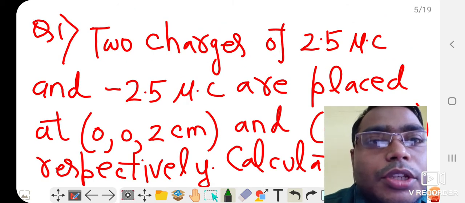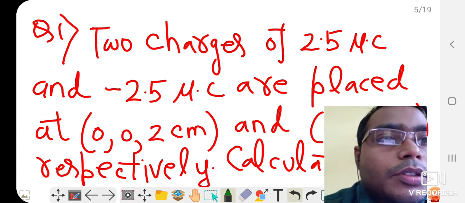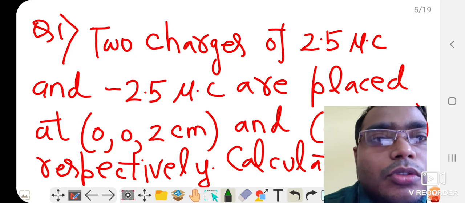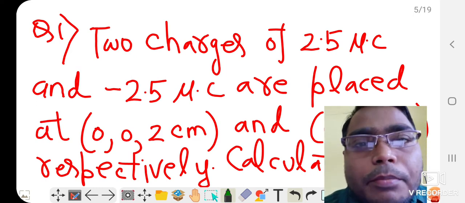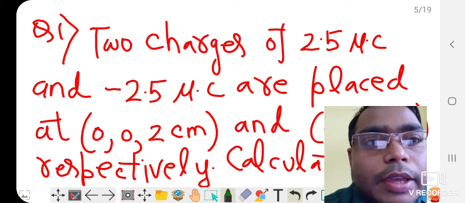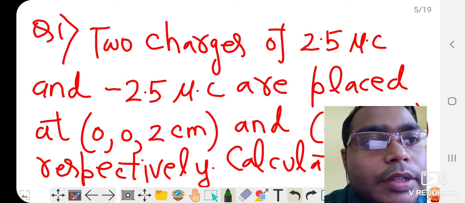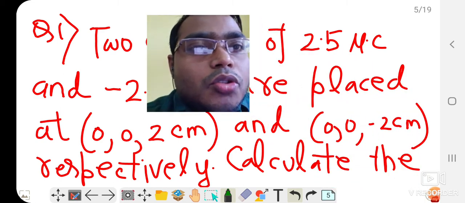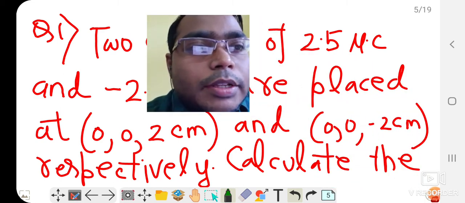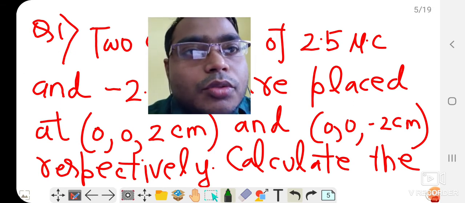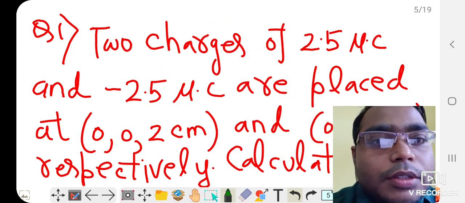So the first question, you can see two charges of magnitude 2.5 microcoulomb and minus 2.5 microcoulomb. These are placed at a distance 0, 0, 2 centimeter, and another one is placed at a distance 0, 0, minus 2 centimeter respectively. So what is asked? In this question it is asked to calculate the